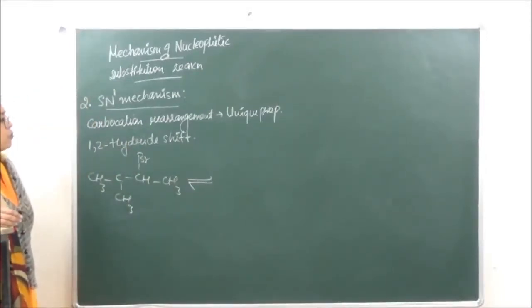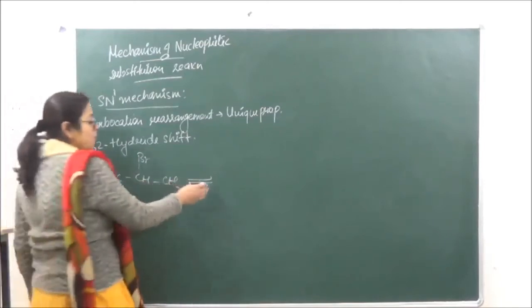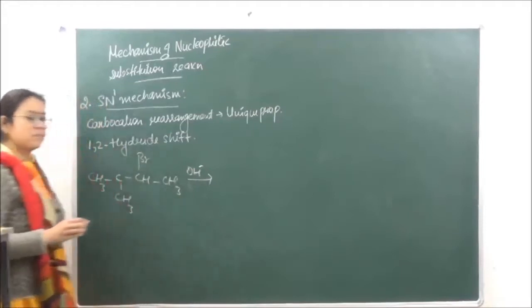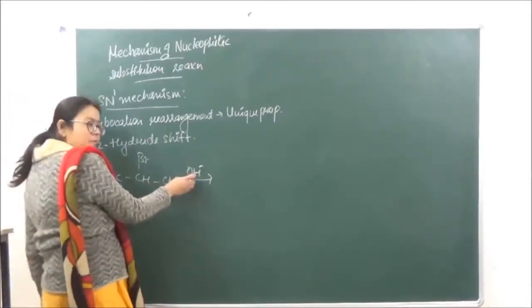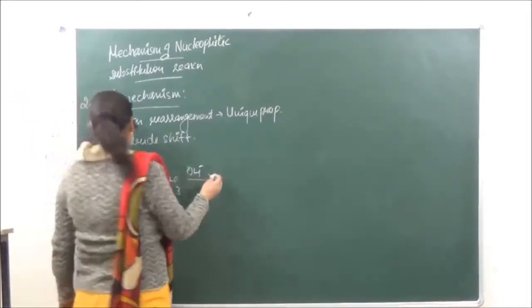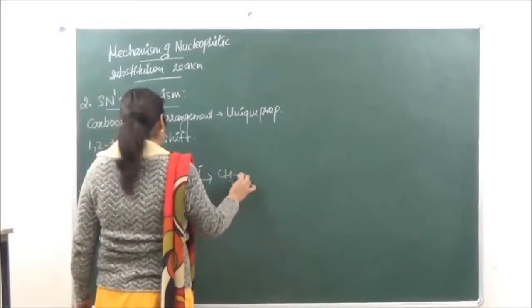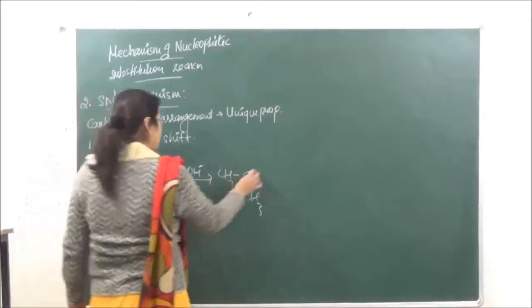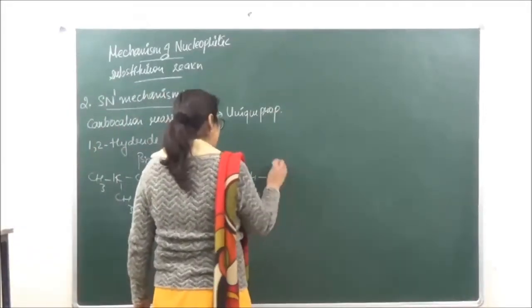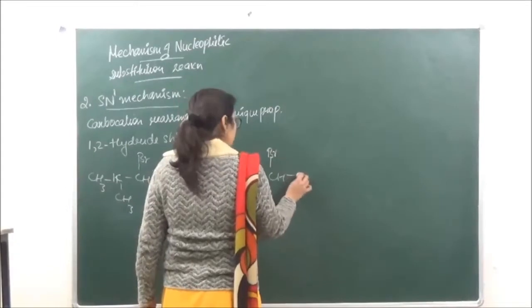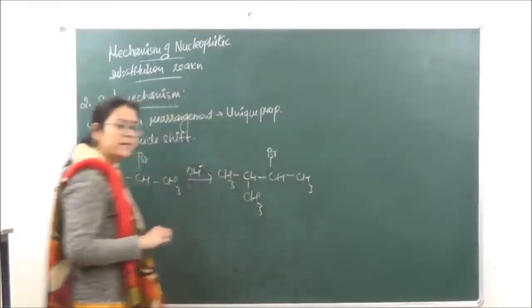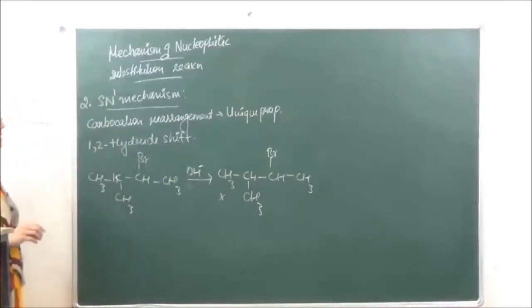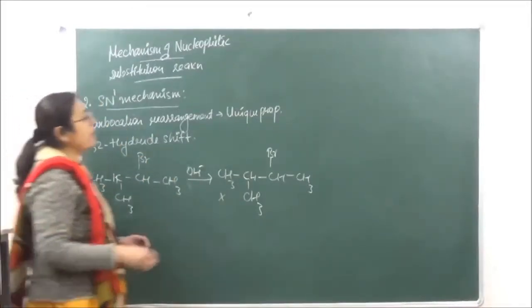Okay, otherwise if you are looking at the product, let's say what should be the expected product over here, if OH negative is present and it is reacting, bromine should be substituted by OH negative, okay? And the expected product should be this, but it is seen that we do not get this product. So what is happening inside? Let's try and figure out.